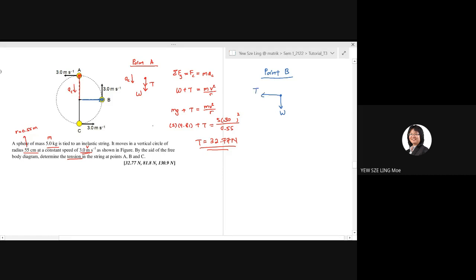Okay, and according to the diagram, the AC is also going to the left because the center is located on the left-hand side of the ball. So AC, I put it outside the free body diagram. So AC is going to the left. So that is my free body diagram for object located at point B. So again, I'm going to calculate it now. So now it's along the x-axis. Therefore, summations Fx is equal to,